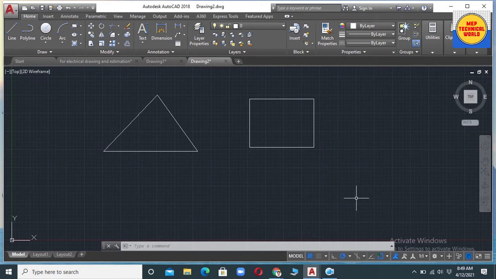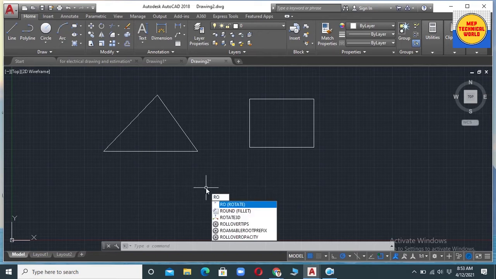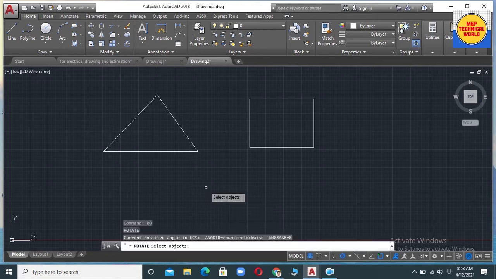Basically, the rotate command is used to rotate an object from 0 degrees to 360 degrees. So RO is the shortcut for the rotate command. So type RO and hit enter.